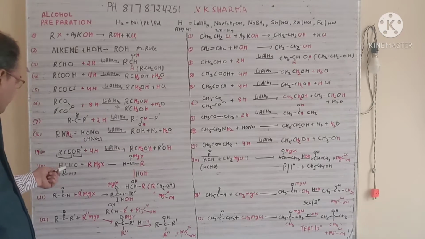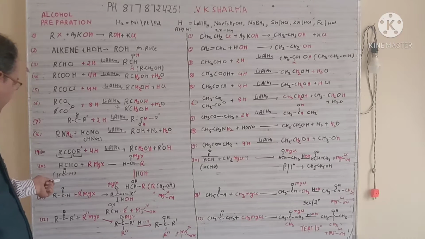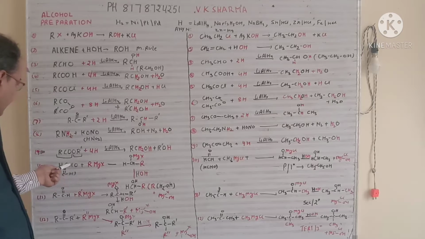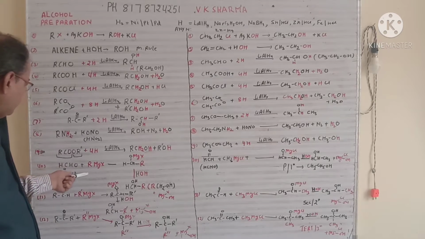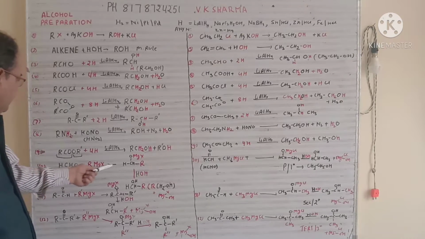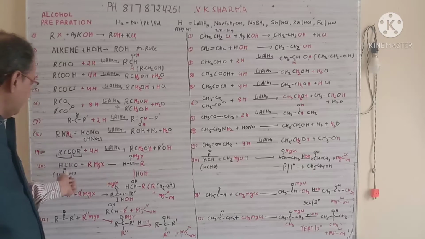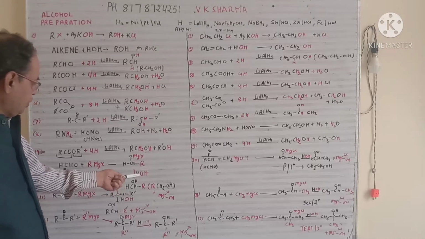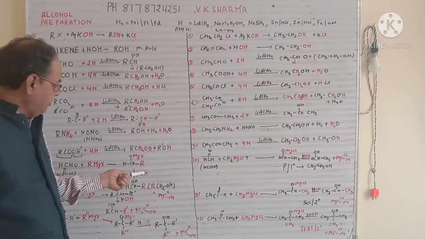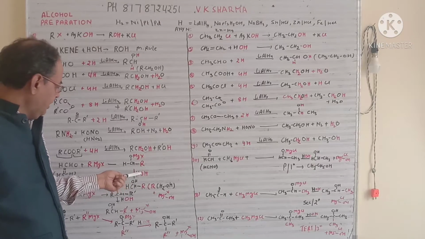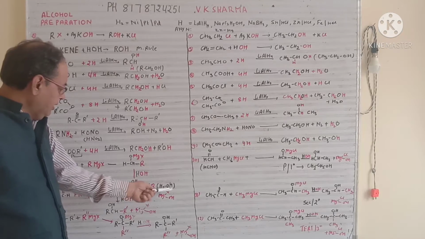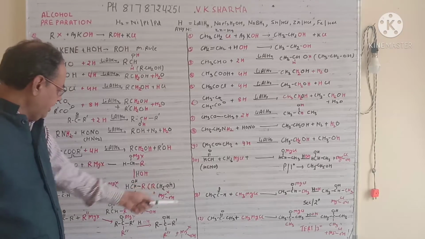Next is HCHO, that is formaldehyde. I have written the structure also, H-C double bond O. So metal always reacts with the oxygen, and the carbon attached to the oxygen will always receive the alkyl group. So this is your HCH(R)OMgX, and this carbon got the alkyl group. When you react with water further, this OMgX again reacts because of the minus valency. So that will give you RCH2OH, that is nothing but a primary alcohol, with Mg(X)OH.